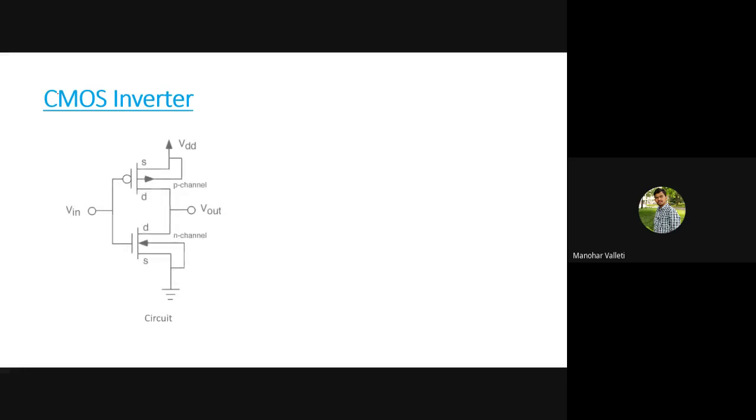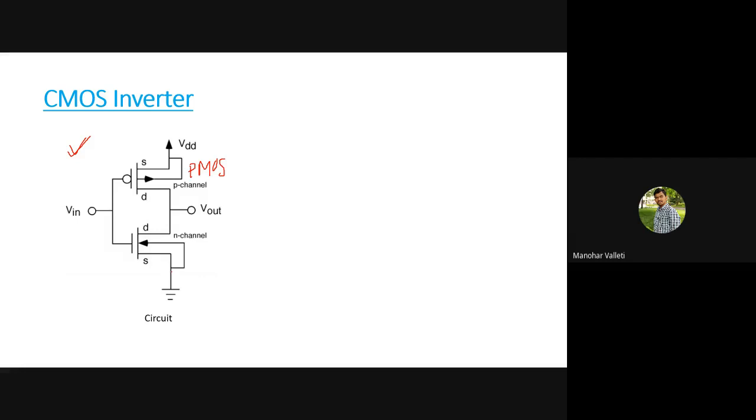So the CMOS inverter, we will see now. Following that procedure, first we need to understand the design of the CMOS inverter. So this is the CMOS inverter circuit, right? In that, this is PMOS. How does the PMOS have to be connected? Can anybody tell where the PMOS source has to be connected, and where the NMOS source has to be connected?